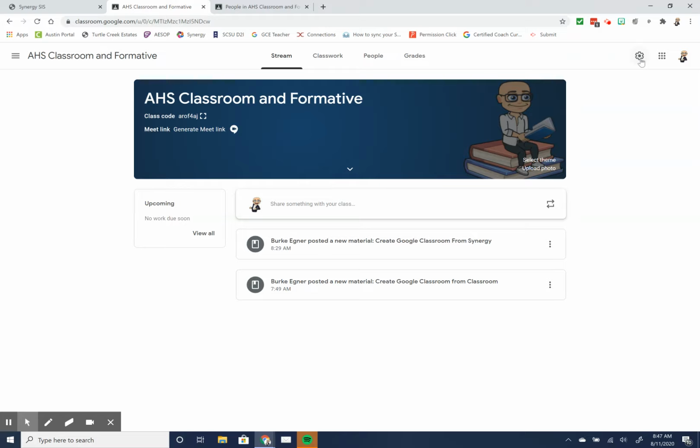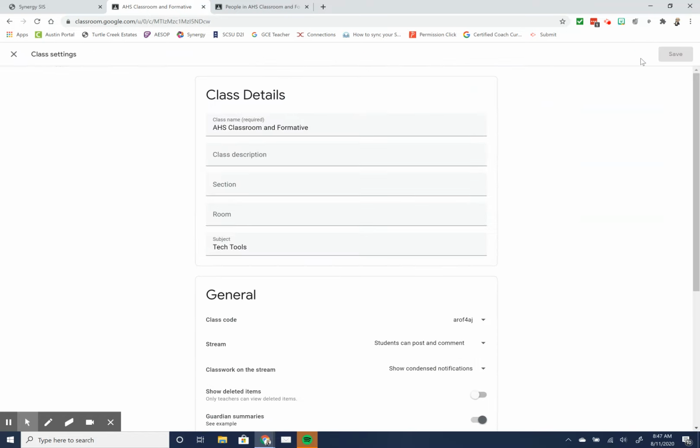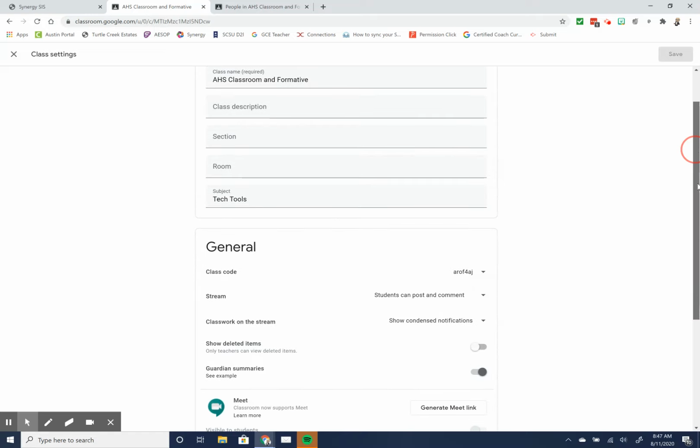When you open up your class, here's what we're going to do. We're going to go to settings, and the settings is the cogwheel at the top. You've already been in here if you needed to change the name, if you brought your classes over from Synergy. This is where you're going to make any changes that you need to for this. If we scroll down to the general section,